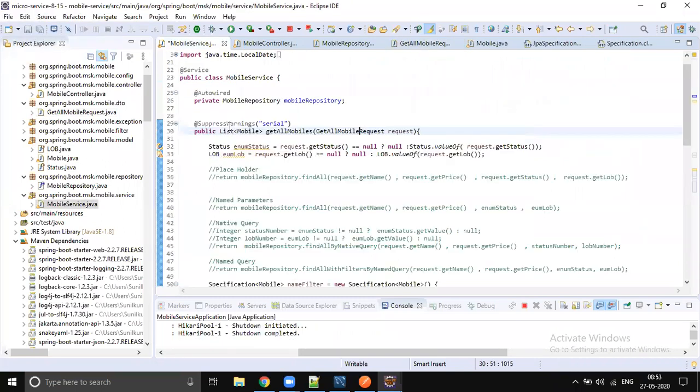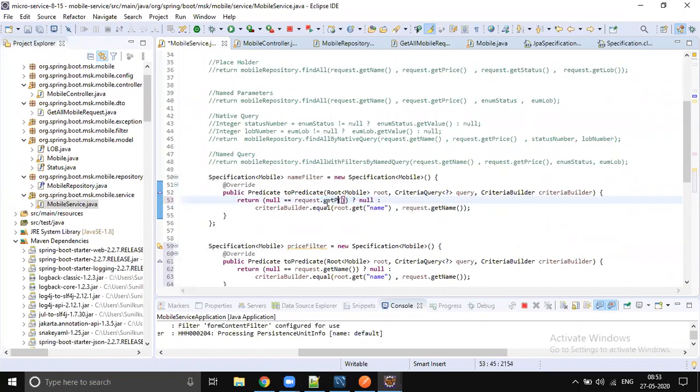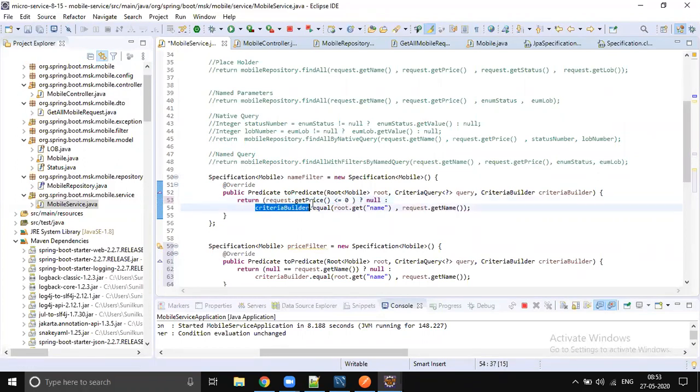So we should check if get price is not null, right? If the price is less than or equal to 0, then don't apply the filter. If the price is greater than 0, then apply the database column price with our requested parameter price.